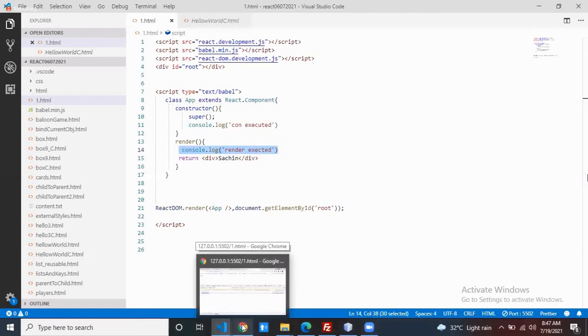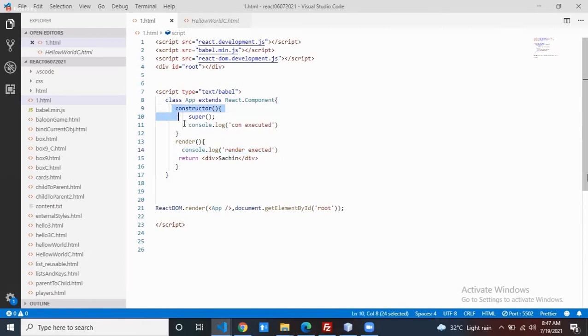Yes or not? On first time load, how many methods will execute if it is a class component? If the constructor is there, the constructor will execute. Anyway, render is the mandatory one, or not? Render is the mandatory one. Okay, if the render is not there,